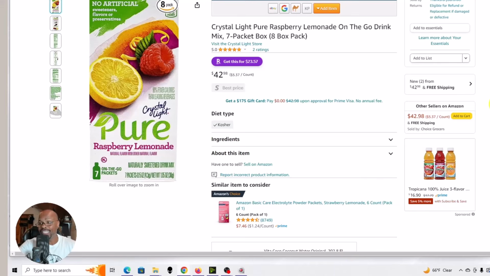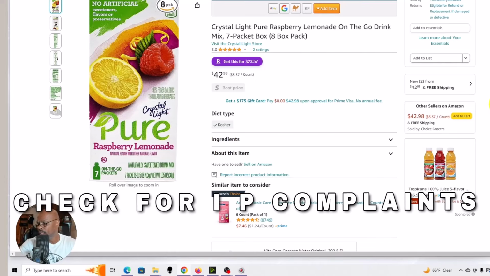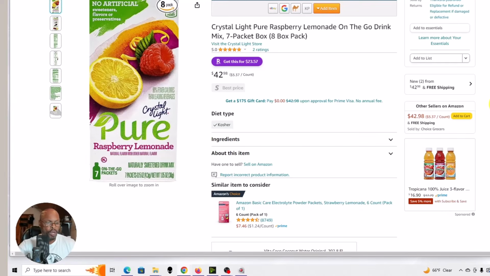And you're going to test, right? The name of the game is test. Don't go deep into a product until you are sure. Now, the next thing you want to do is check for your IP complaints. Of course, there's software for that. You could use IP Alert or whatever else may have come out. I've never used it. A lot of the hustlers do. So if that's something you're into.